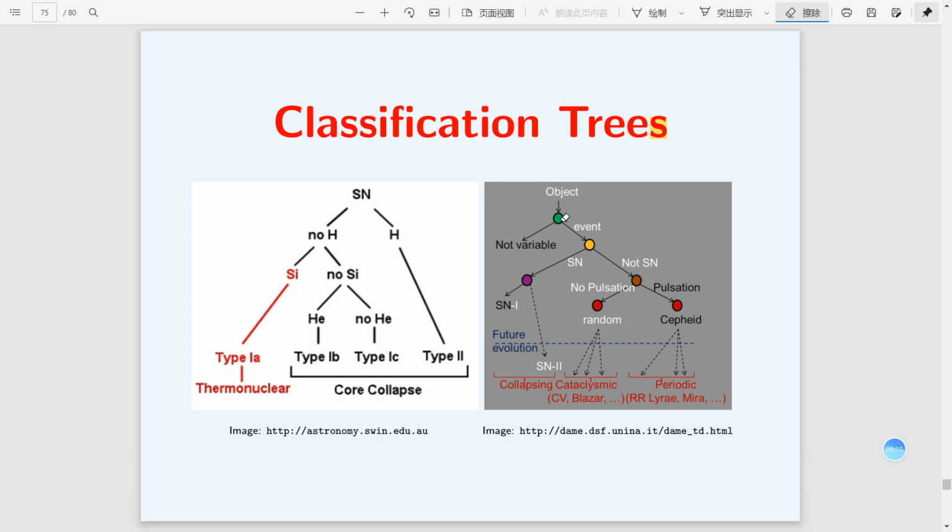So at the end of the day, a new object comes in. Imagine we get a new object which is not in our historic dataset. What is the probable class it would be? So you put this object in, check different features, and finally you find one